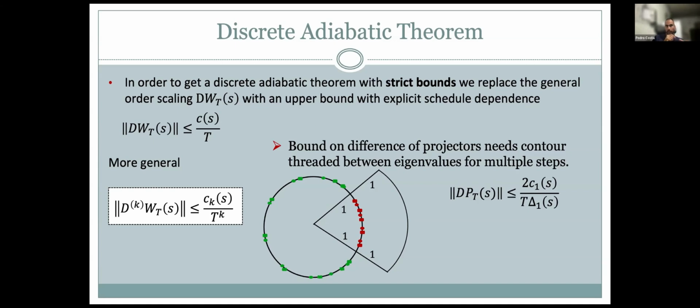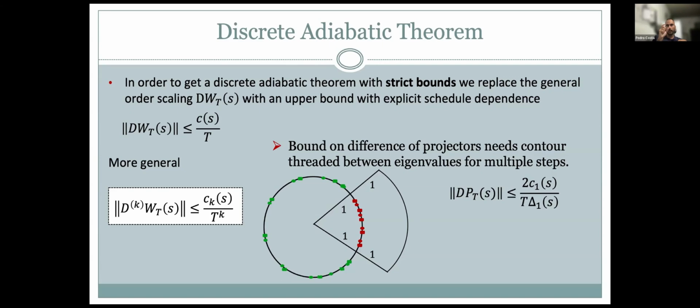So the difference of projection, when you write in terms of the resultant of the walk, is going to make the difference of the walk operator appear. And when the difference of the walk operator appears, you're going to see the gap one rather than gap zero. The gap zero is when you don't apply any difference.